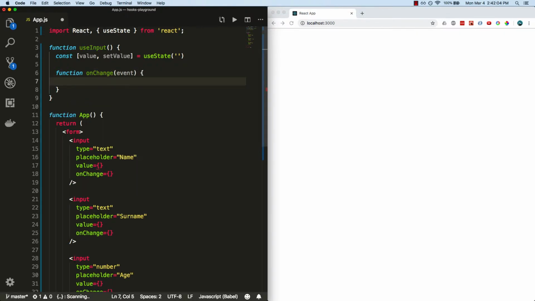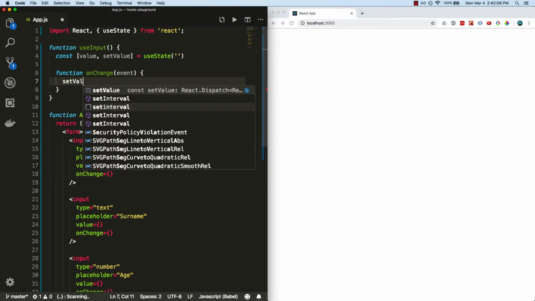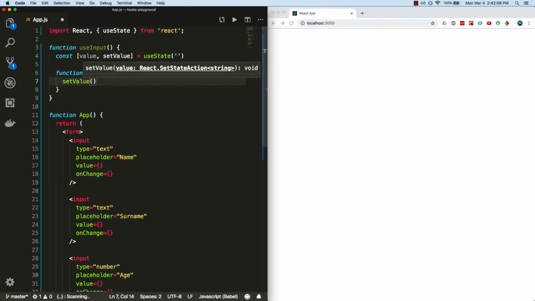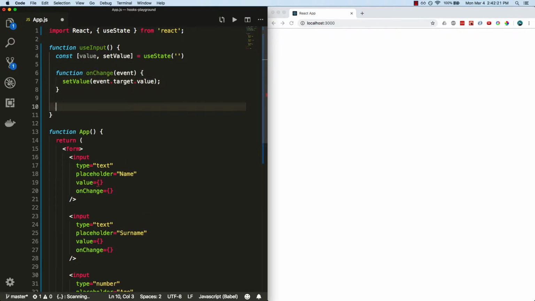What I need to do here is call my setValue function to update the value of my value state variable. And of course, as we've discussed many times before with input fields, we can expect our event object to have a target object, which is going to have a value property that represents the text that the user has typed in. Now, I need a way to export both my value, the current value that the user has typed,